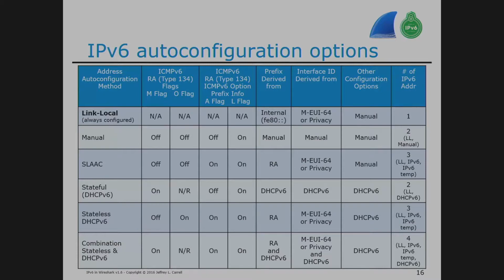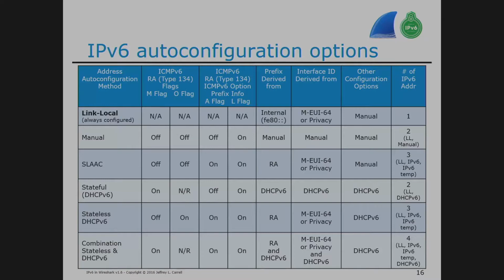This is where Wireshark becomes your friend. This is why you're going to set up some special display filters in Wireshark to make your eyeballs' life a lot happier. Your eyeballs and your brain happier. When you're looking at this kind of, I was going to say nonsense, but nonsense when things aren't working. Why aren't they working? Actually, it might have been working too well. All right? You got a lot of IPv6 addresses. Woohoo! That's not a good thing. Link local and maybe 2 others is where you want to be.